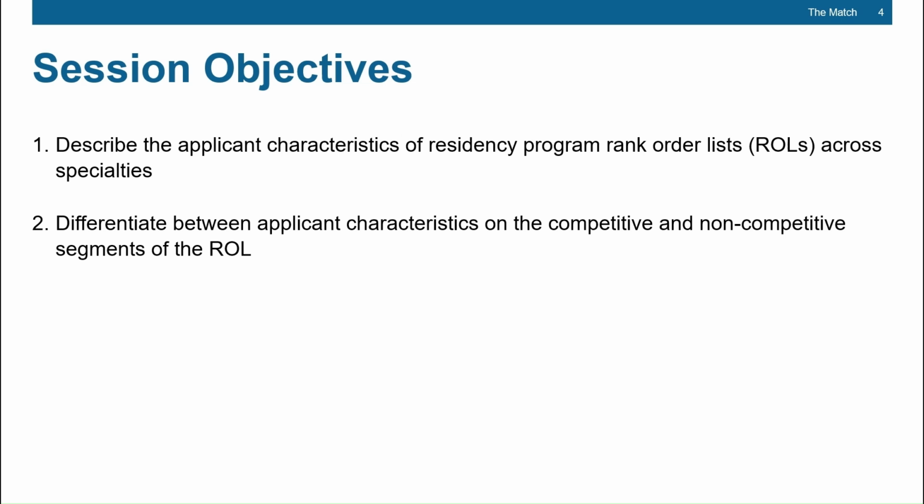As we'll elaborate on momentarily, the goal of this work is to increase transparency about program ranking behaviors, particularly in light of both programs and specialties' stated efforts to align the composition of their resident cohorts with that of the patient populations they serve. We are going to focus our presentation on a few applicant characteristics, but this work is part of a larger collaboration looking at a wide range of applicant characteristics.